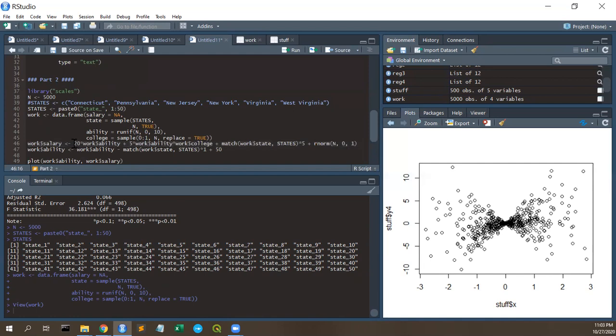So our salary variable is going to be 20 times your ability. So whatever your ability is, times 20 of that. Plus 5 times ability times college. So you're worth $20 per unit of ability, but if you go to college, you're worth 25 per unit of ability, right? So this is the added benefit of going to college. And then I'm going to add